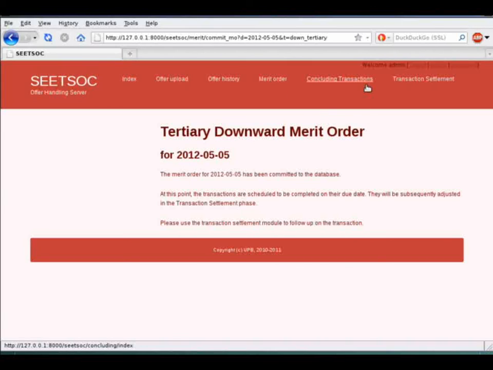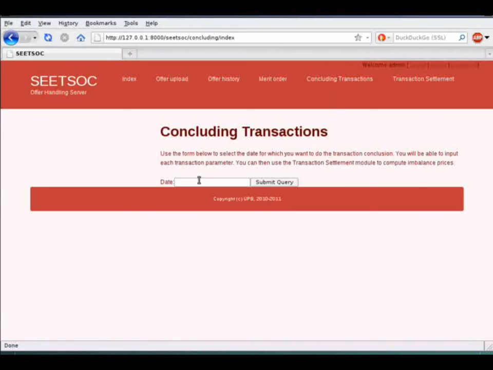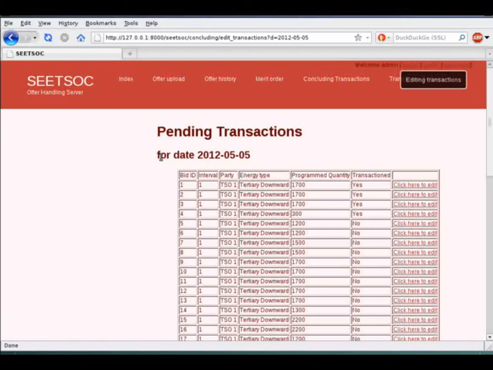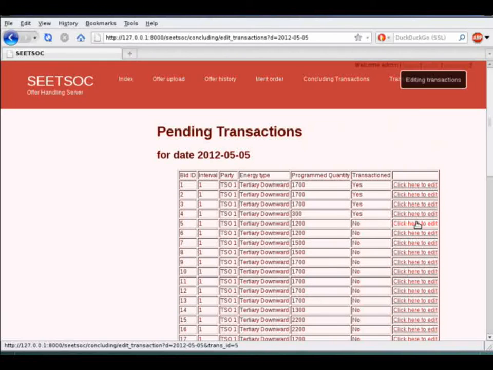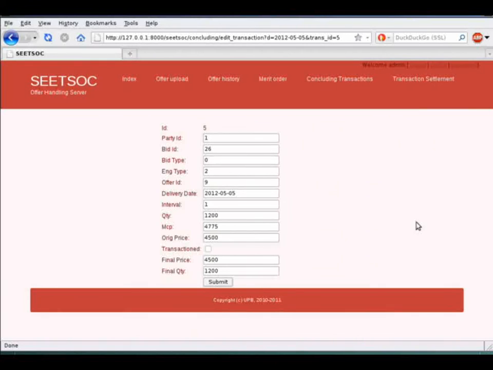We do the follow-up from the concluding transactions module. We will follow a familiar pattern here. We select the date, which is May 5th, and we get a list of all the transactions that are pending for that particular day. We can edit each of them. At a minimum, the supervisor should